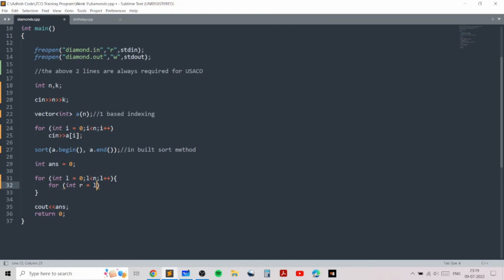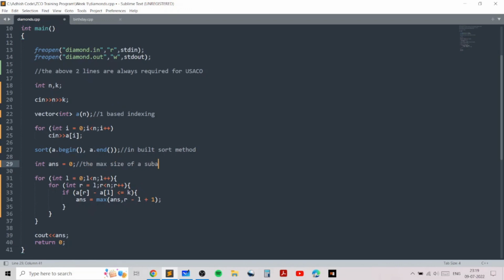And for each R going from L, R less than n, we will increase R, and we will check whether this range A[R] minus A[L] is less than or equal to K. If that is the case, we will set answer to be the maximum of the answer and R minus L plus 1. And answer represents the max size of a subarray of diamonds